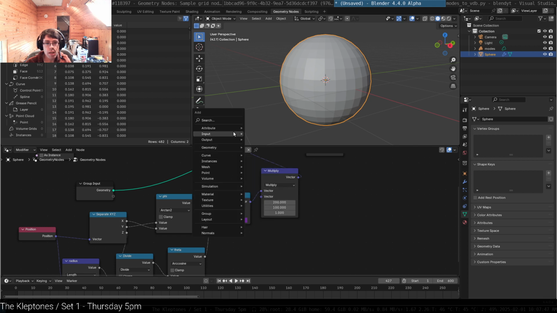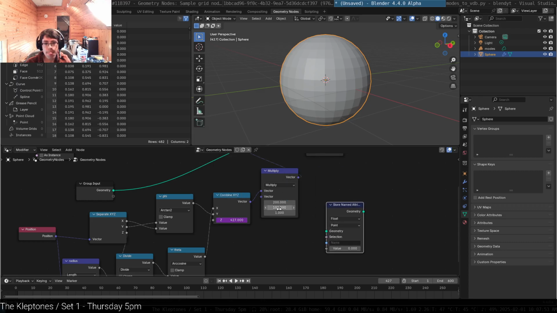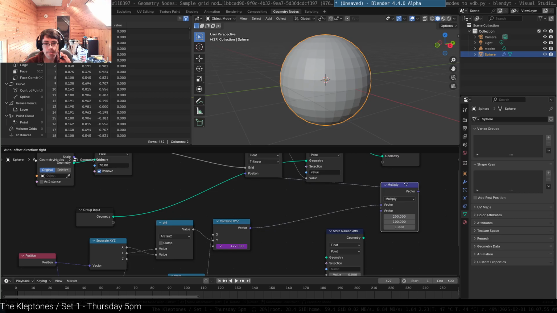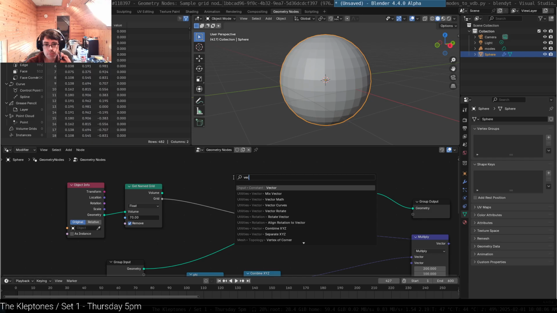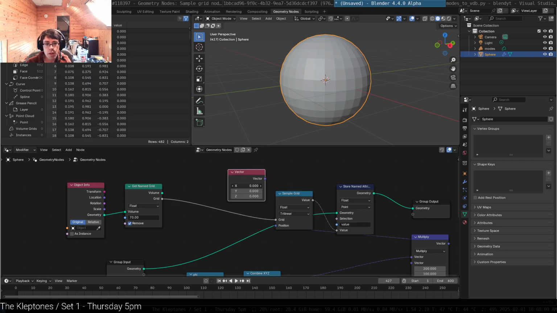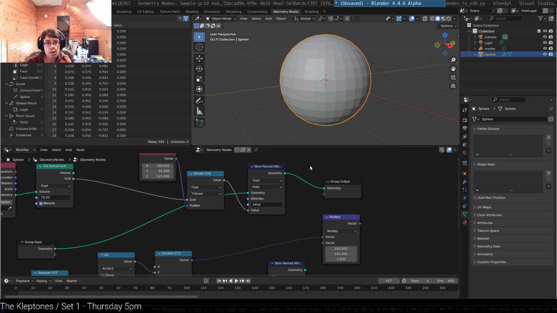Let me store some attributes on this. Actually, I'm just gonna, let's set a vector value here to, we'll input a constant vector of x 150 and 425. Still 0. Okay, well, once again,